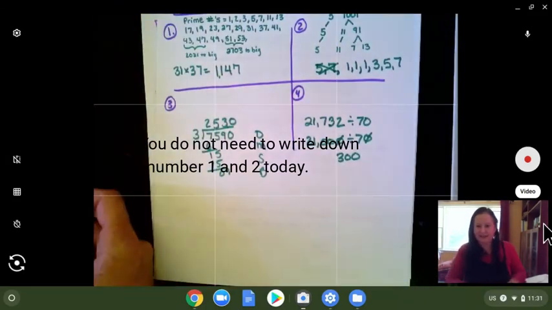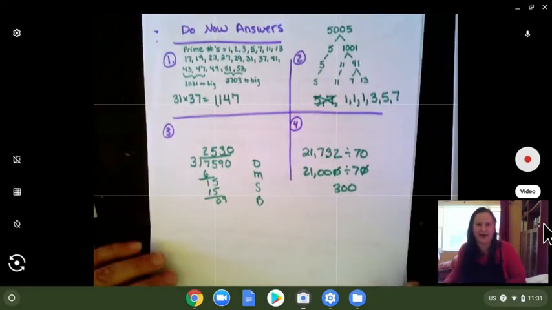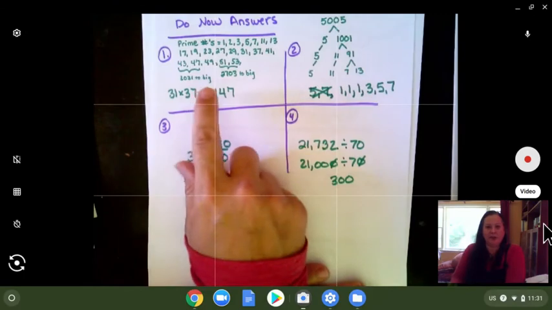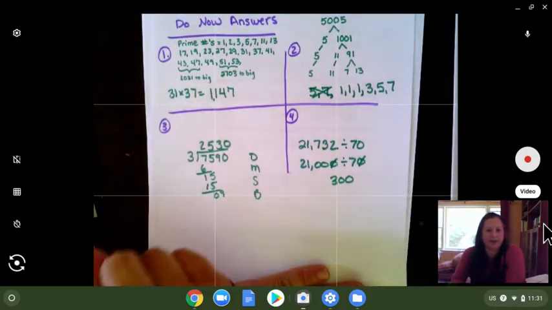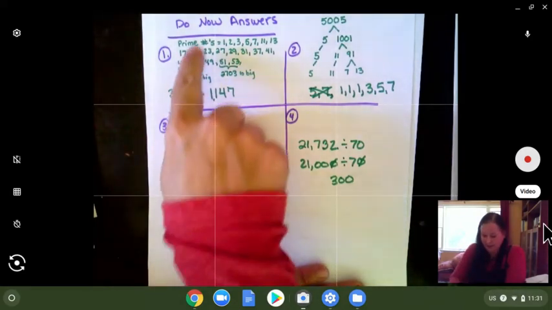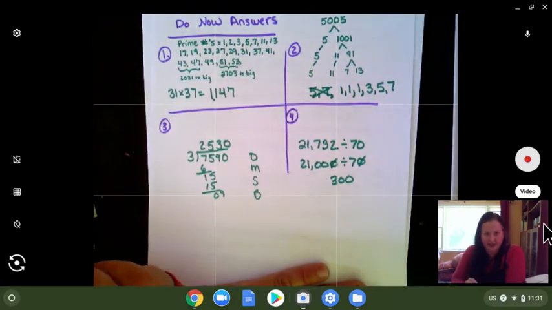All right, as you restart the video, we're going to go over our answers and I'm going to tell you how I worked out these problems. So we are looking here for number 1 for 2 prime numbers that are consecutive, and the word consecutive means one right after the other. So if you list all the prime numbers, like 1 and 2 are consecutive, 3 and 5 are consecutive, they're next to each other. So what I did is I listed a bunch of prime numbers up to 53,